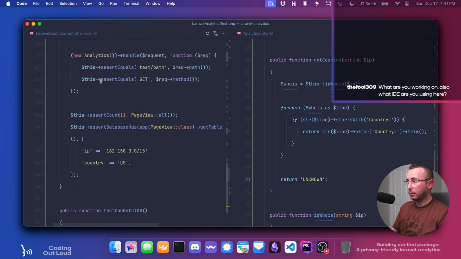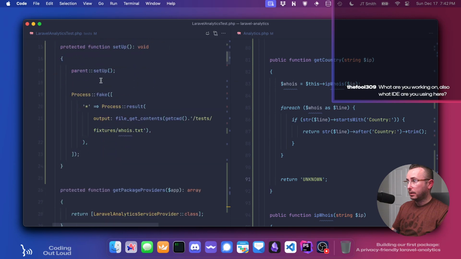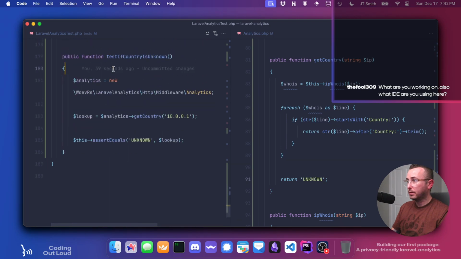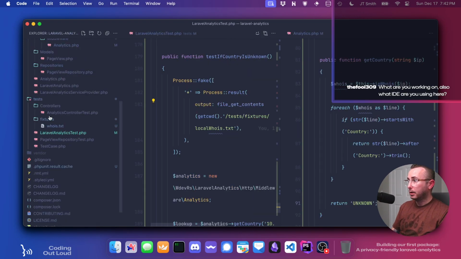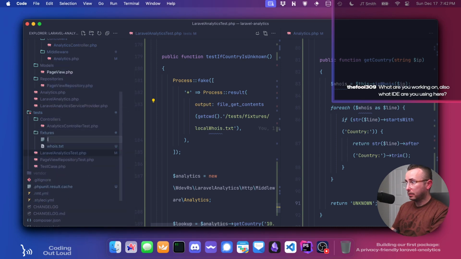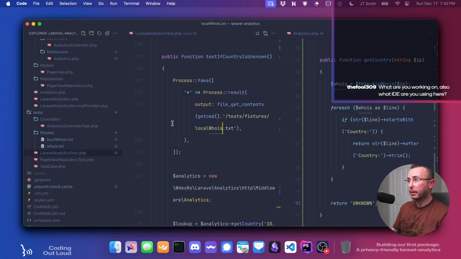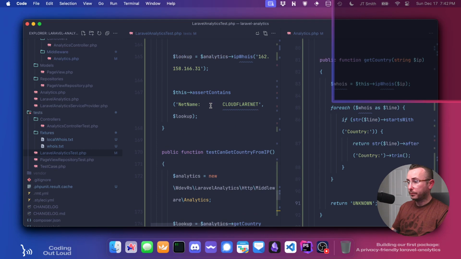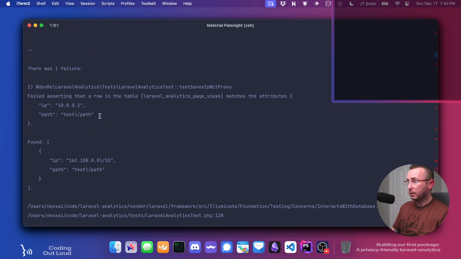So we want to, where did we copy that? That second process fake. I thought I copied it, maybe I didn't. Okay, so we're going to copy this. We're going to say local whois. File local whois.txt. We will copy this response. So now, okay, so that works. Okay, so does that fix our other test? I don't think it does. Right. So we just got to